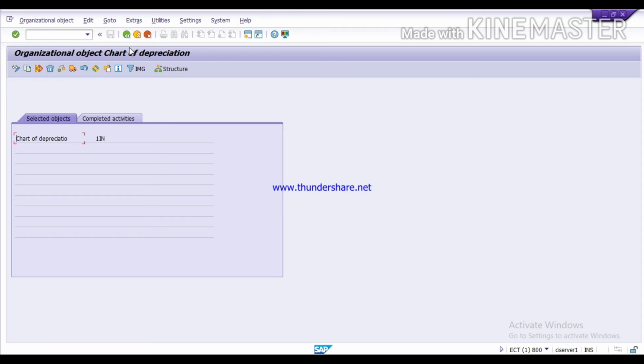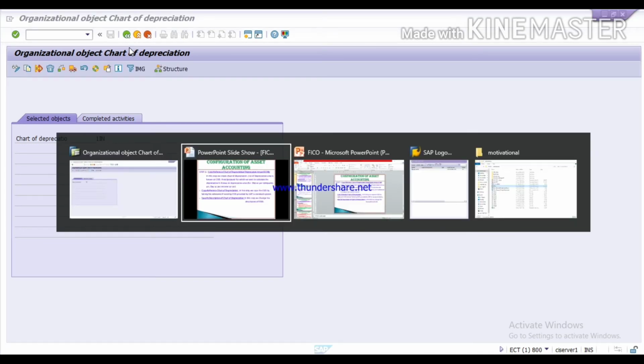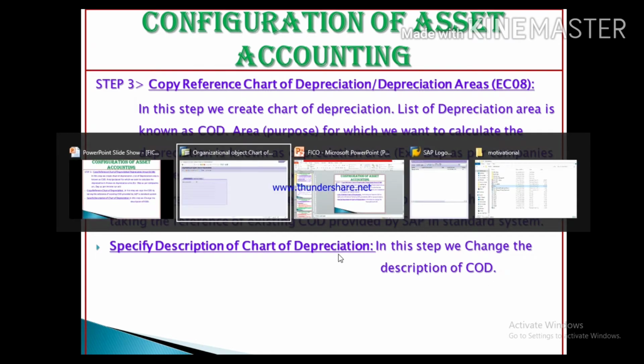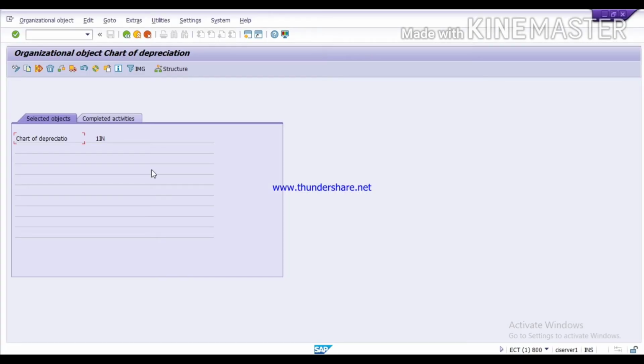Now next step is specify description of chart of depreciation. In this step, we change the description of chart of depreciation. Now get back and do practical.